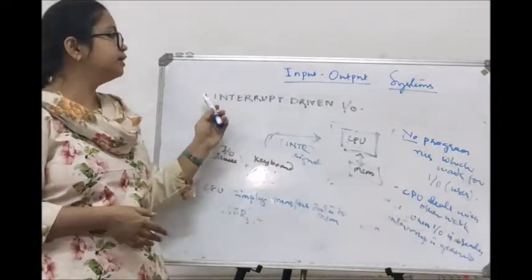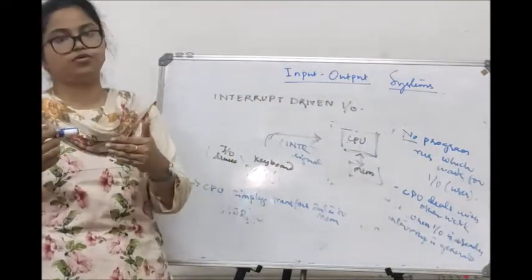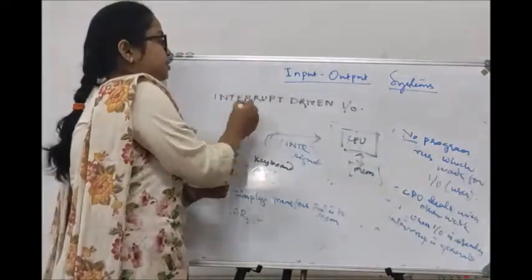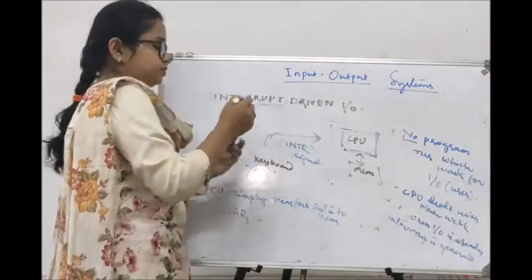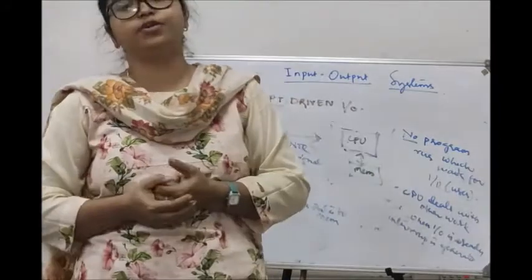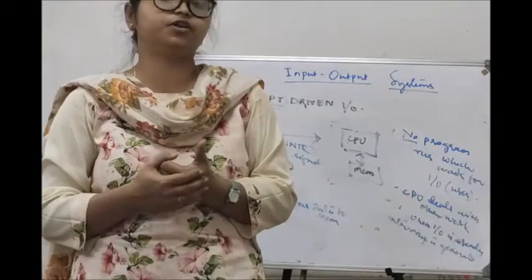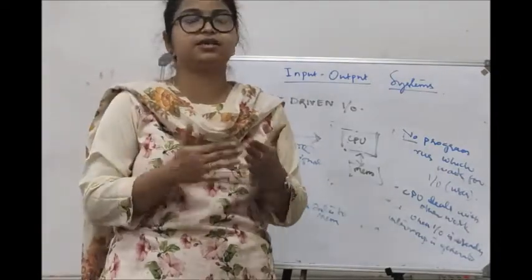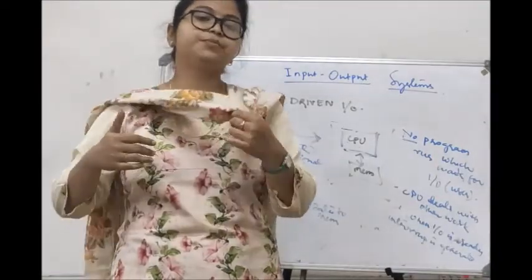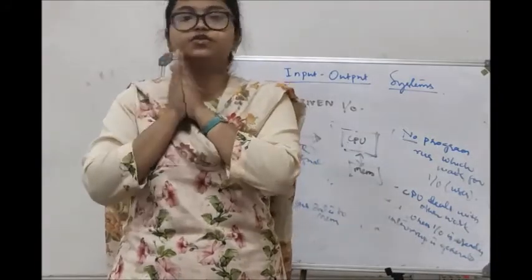Okay, so this is called interrupt driven IO. This mode of transfer is called interrupt driven mode. The data transfer is done through interrupts. So this was about program driven IO and interrupt driven IO. In the next class, we will see the third and most important mode of transfer, that is direct memory access. Here we do not have the CPU in the middle. The CPU has no role here. Here directly from IO devices, the data is transferred to memory.